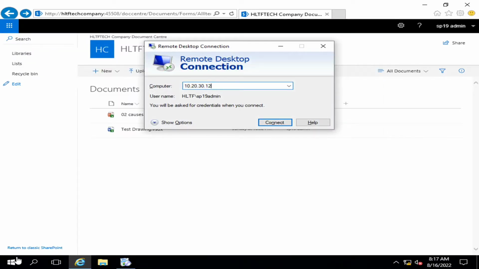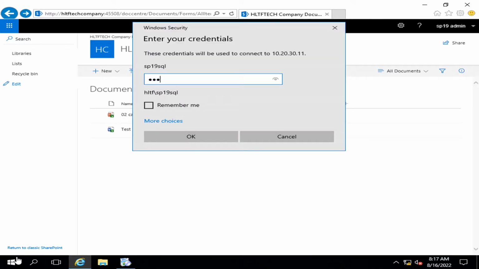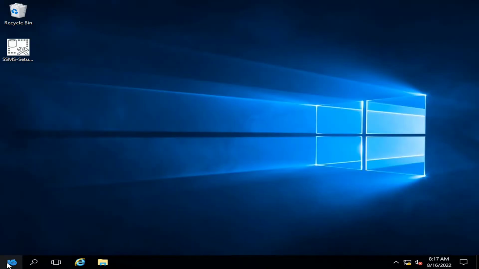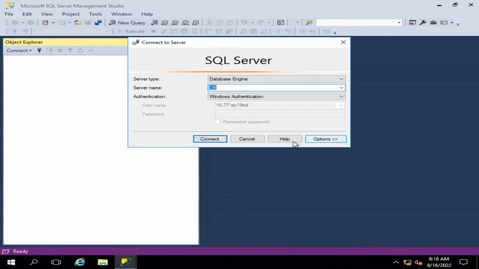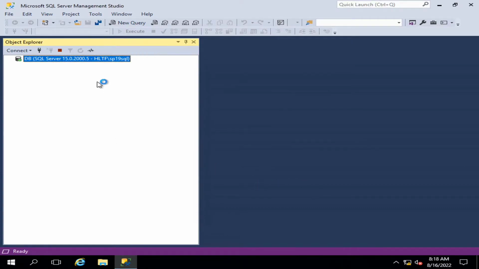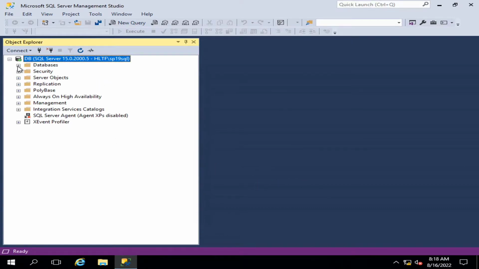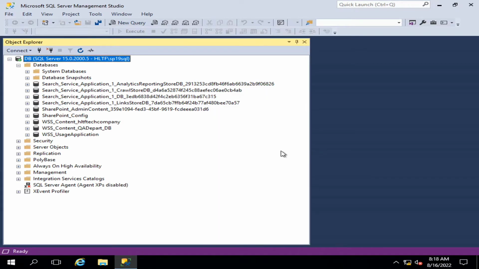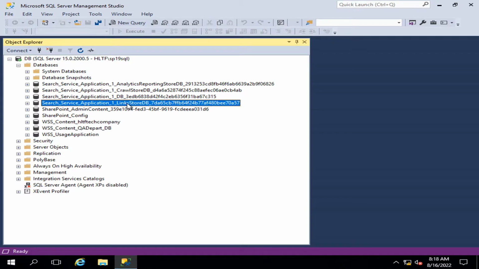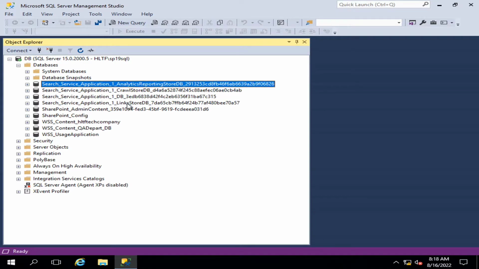If I go into my database server, that is my 11. Okay, in databases you can see that the search service application has created these 4 databases, 1, 2, 3, 4,